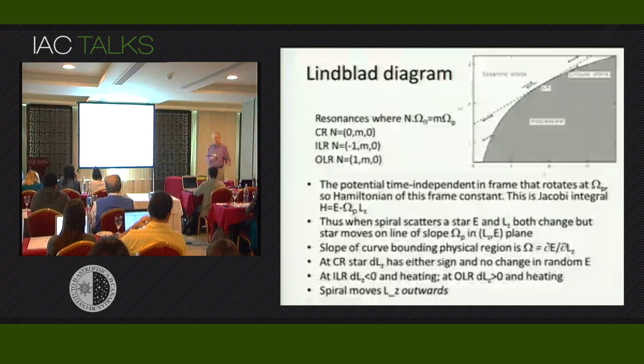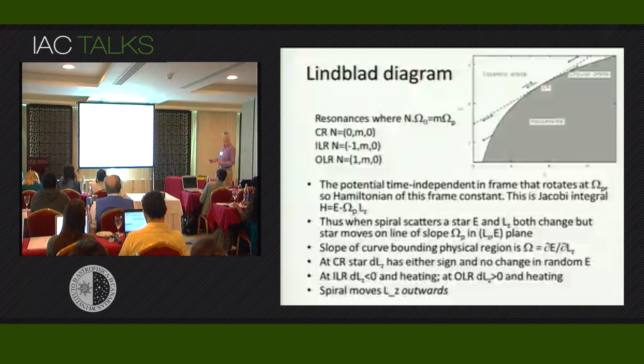And stars, both at small radius at the inner Lindblad resonance and at large radius at the outer Lindblad resonance, move from being on circular orbits on this bounding curve to being away from the bounding curve, which means that they move to more eccentric orbits. They move from circular orbits to eccentric orbits. So the spiral structure will heat the disk, especially at the inner Lindblad resonance down here because of the curvature, to a lesser extent at the outer Lindblad resonance there.